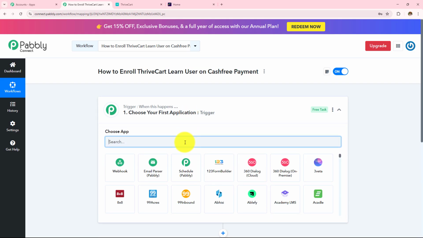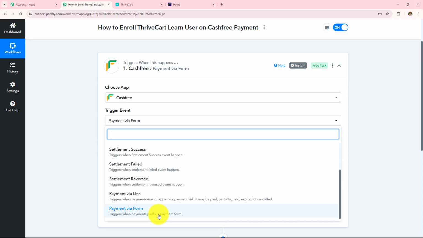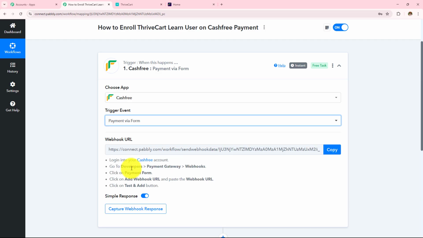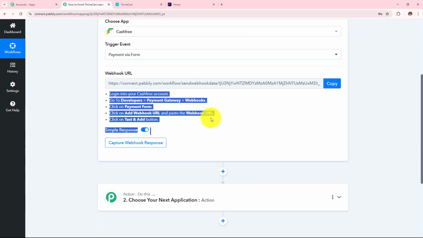So here in my trigger application, I'm going to take cash free. Now in my trigger event, as I'm going to do the payment via form, I'm going to select my trigger event as payment via form. And now I need to make a connection between cash free and Pabbly Connect, for which a webhook URL is provided to me. And this webhook URL is going to act as a bridge to connect my cash free with Pabbly Connect. So reading this help desk, I'm going to make this connection, and to make this connection, let me open